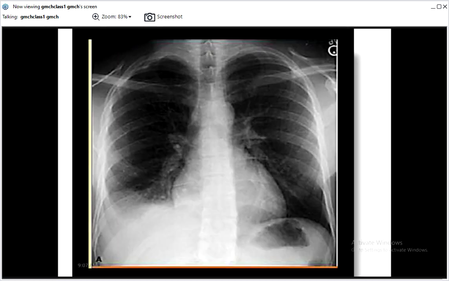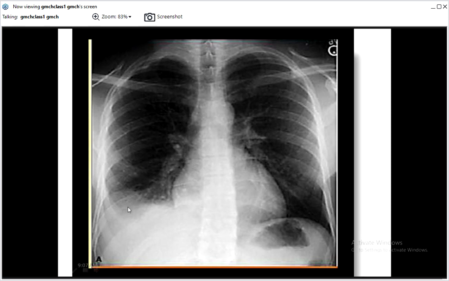So here again in this X-ray, as I have told you, there cannot always be a single pathology. What you see here, the right costophrenic angle is blunt. There is a radio opacity that is clearly visible, and there is blunting of the right costophrenic angle. And in the upper area, this is confluent with the right cardiac border, and this is not completely white. So what diagnosis do you make out? This is a consolidation of the right middle and lower lobe